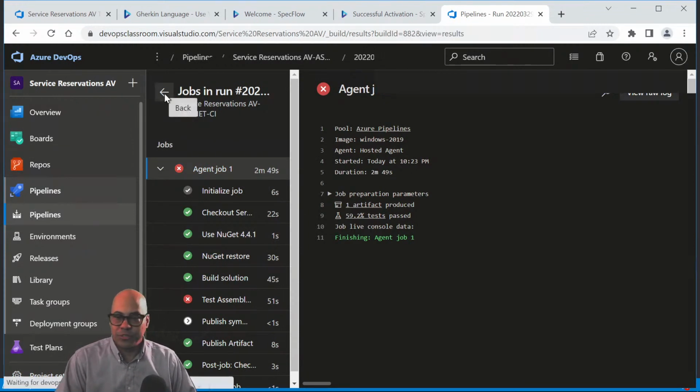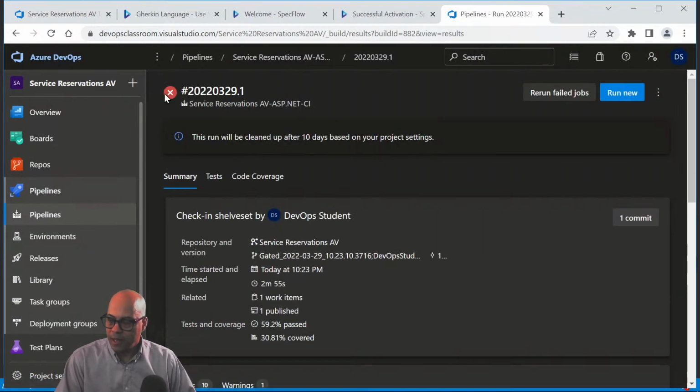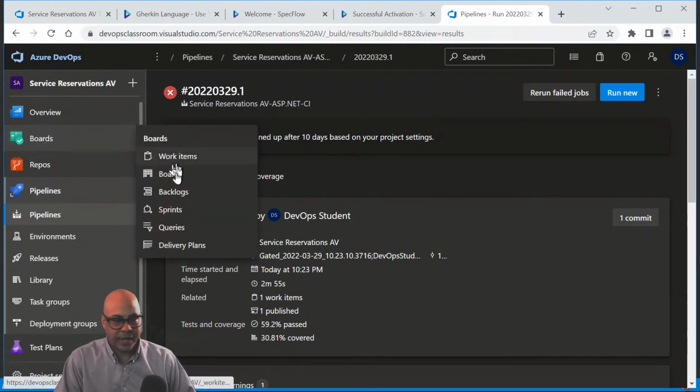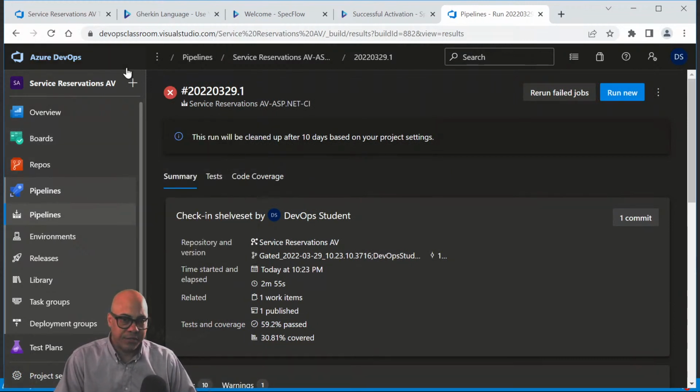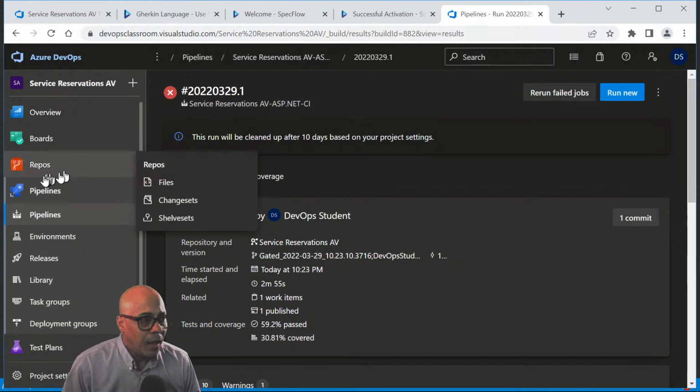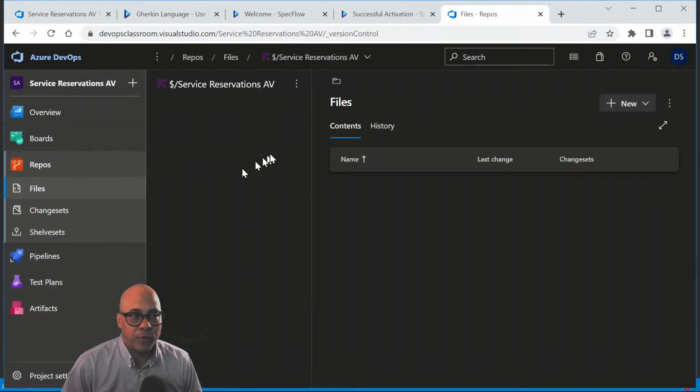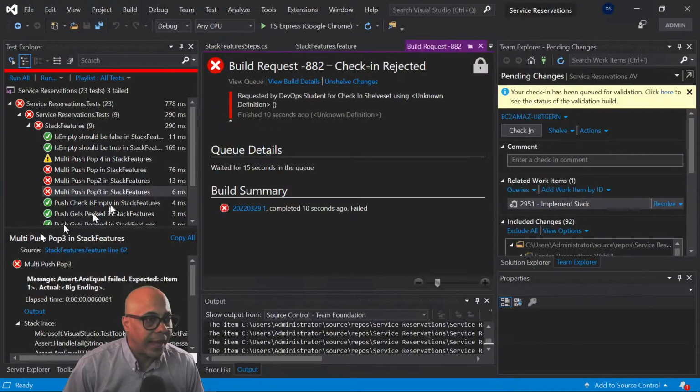Yay! That must have happened just in the last couple of weeks, because I swear, I taught this class like 3 weeks ago, and I'm pretty sure we looked through there, and that text was not red yet. So remember I told you that Microsoft is on a 3-week release cadence for Azure DevOps? Sometimes they break stuff, sometimes they fix stuff. This time it was a fix. Good job, Microsoft. All right, because it failed though, if we look in our repos folder, there's nothing in our repos folder still. So what we've got to do is go back and fix our stack class.